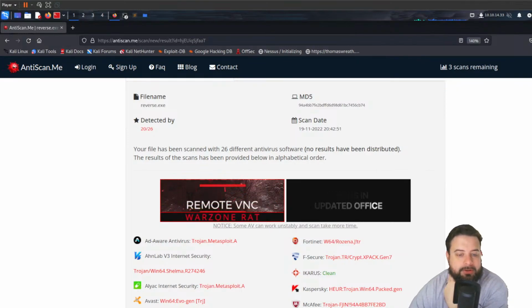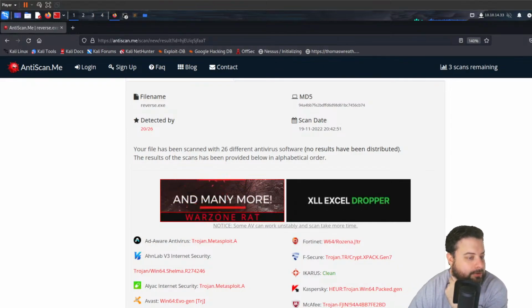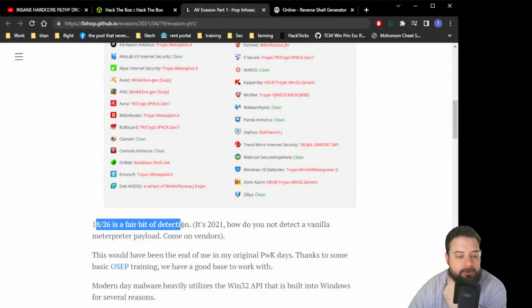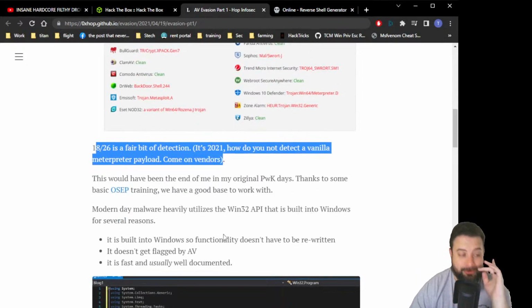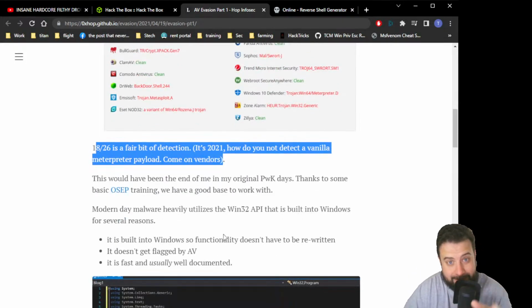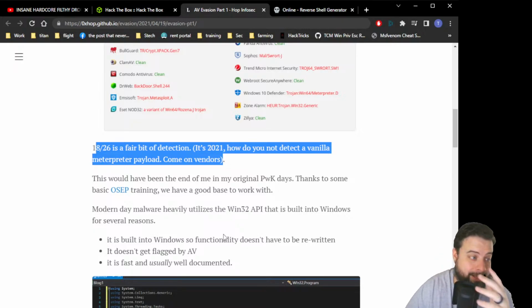And in this one, in the article, it says they picked up 18 out of 26. It's a fair bit of detection. How do you not detect a vanilla Meterpreter payload? Which is true. How do you not detect a vanilla Meterpreter payload? Anyways,